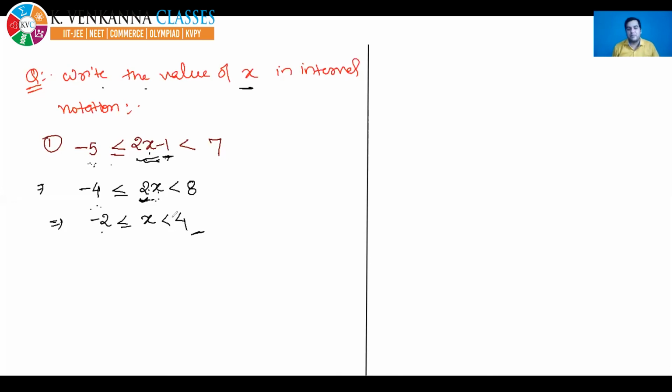Now this is the value of x. X is varying from minus 2 to 4. And that's why in interval notation, I will write x belongs to minus 2 to 4, closed at minus 2 because equality is here, and open at 4. So that is the final correct answer. I think everyone is clear. Akash, Parnem, Manikanta, Archana, Ravindra had given the correct answer. I think it's clear. If anyone has any doubt, he can ask immediately. Okay. So are you ready for the next problem?